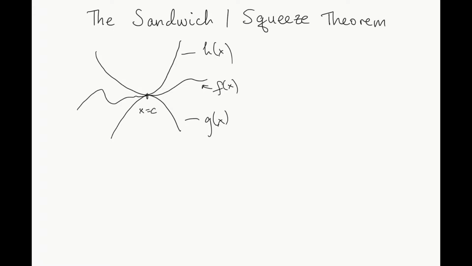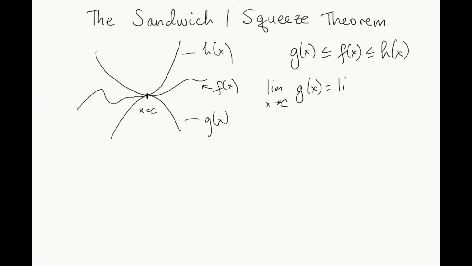Now I will write the squeeze theorem a little more formally. Here we are given g of x is less than or equal to f of x, and f of x is less than or equal to h of x. And we know that the limit as x goes to c of g of x is equal to the limit as x goes to c of h of x, which is equal to L. Then